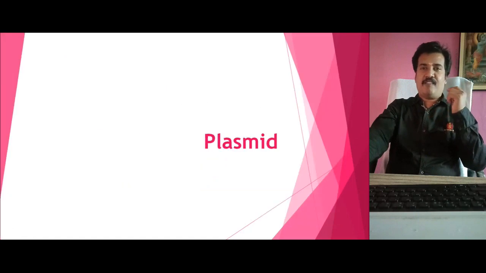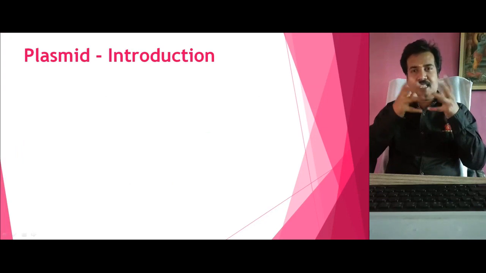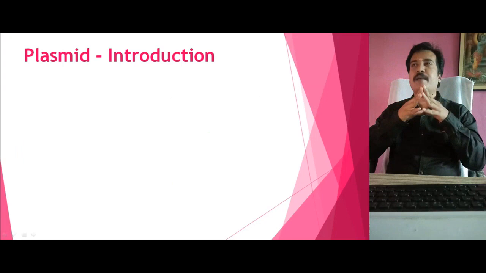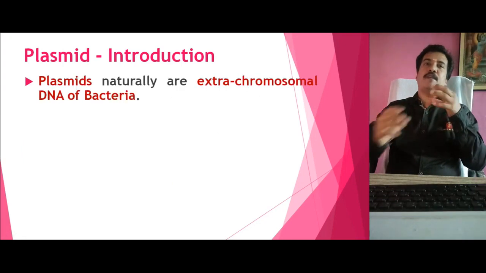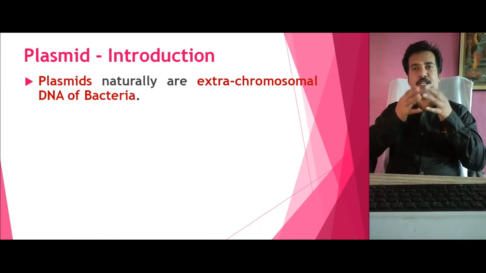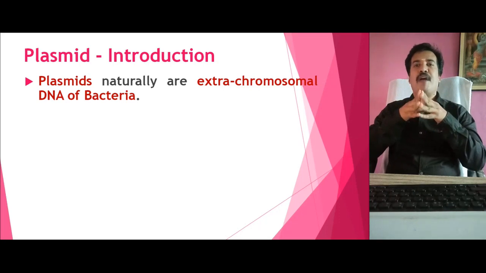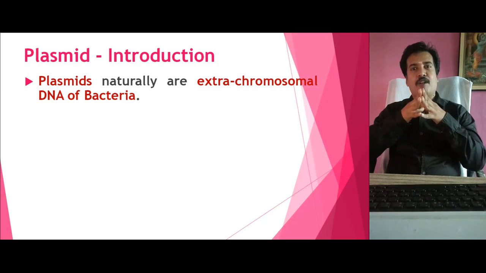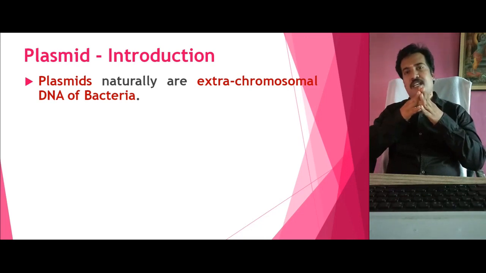So let us consider first what a plasmid is, and what a plasmid is as a vector. Before understanding the plasmid as a vector, we first understand the basics of what a plasmid is. Everybody knows that the plasmid is a naturally occurring genetic material. It is an extrachromosomal DNA present in some bacteria. The bacteria which generally carry the plasmid we call F type, where F stands for fertility. So this is called F type bacteria or F strain bacteria.